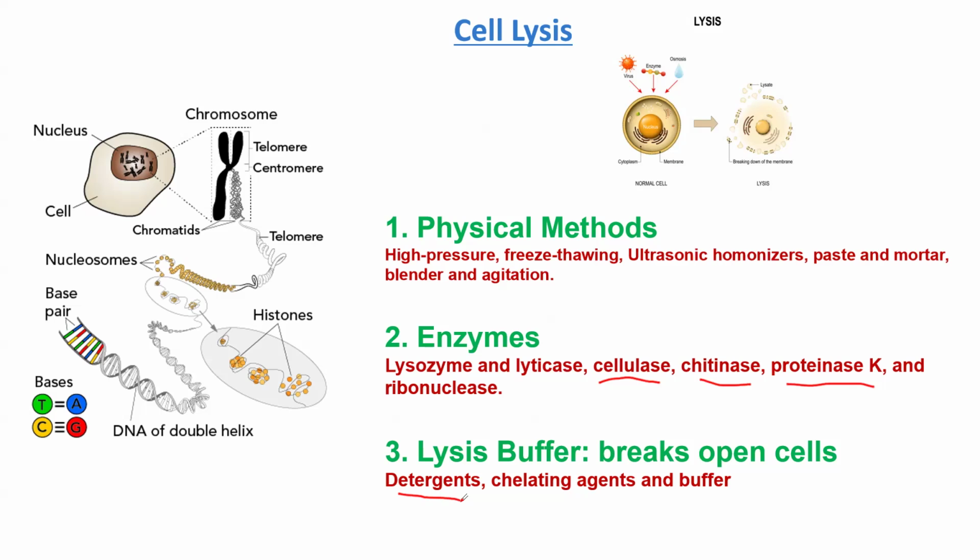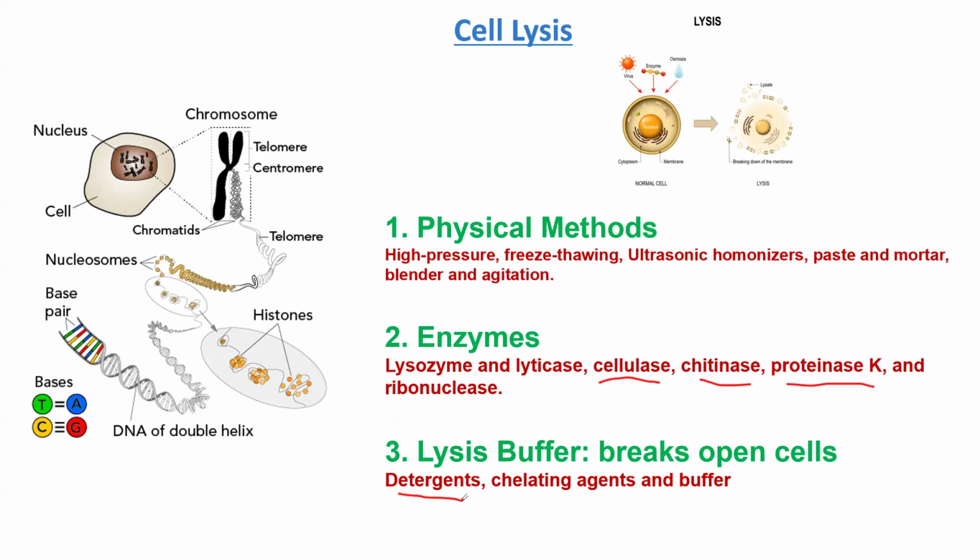So, and then the next one is buffer. So in the lysis buffer, we also have buffer. So this buffer is important in maintaining the pH value and also stabilizing the DNA. These are the major steps that are used in cellular lysis,